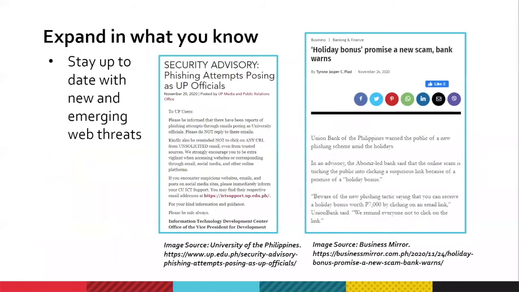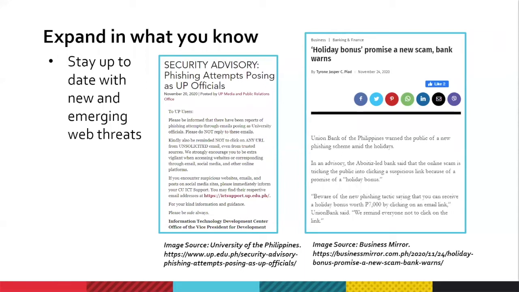Another thing, stay up to date with new and emerging web threats. Now, I'm not asking you to delve into a rabbit hole and research this kind of stuff. I just suggest that if you ever stumble upon news relating to cybersecurity or web threats in general, it could be helpful to read it and make yourself aware.